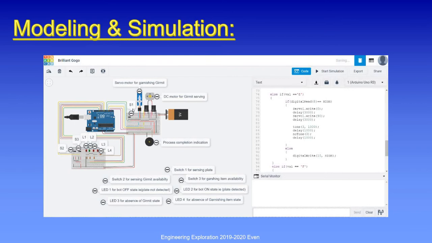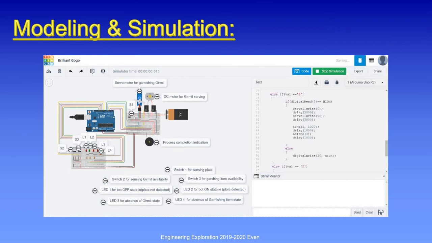We have used 3 switches S1, S2 and S3. S1 for sensing the plate, S2 for sensing the Girmit availability, S3 for sensing the garnishing item availability. Here also we have used 4 LEDs, namely L1, L2, L3 and L4 for other indications. So let us start the simulation.